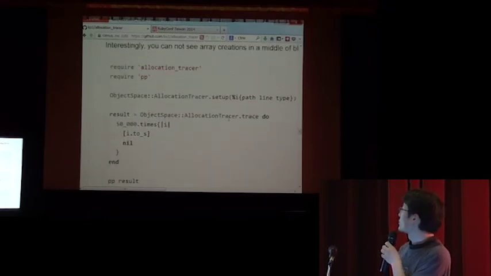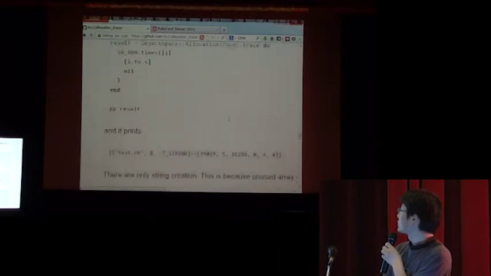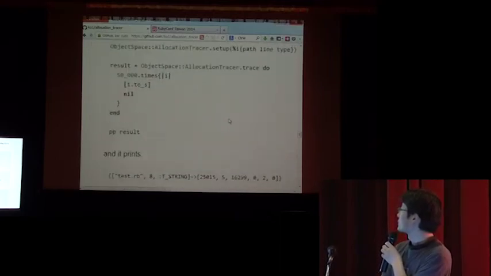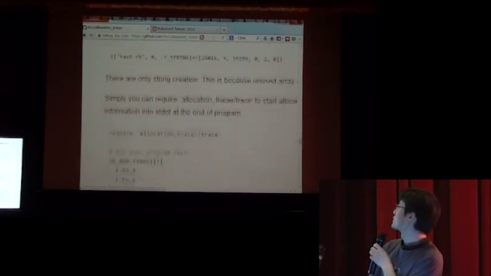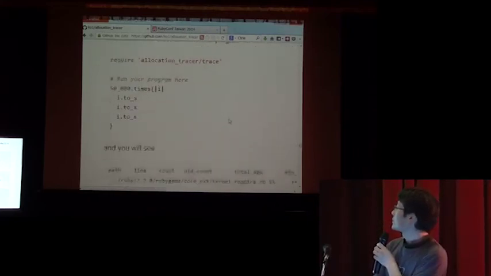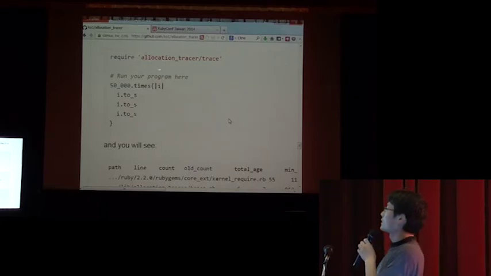And also you can specify not only a... you can also just require this allocation tracer /trace library.